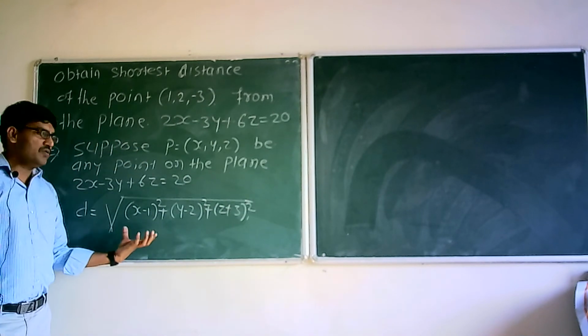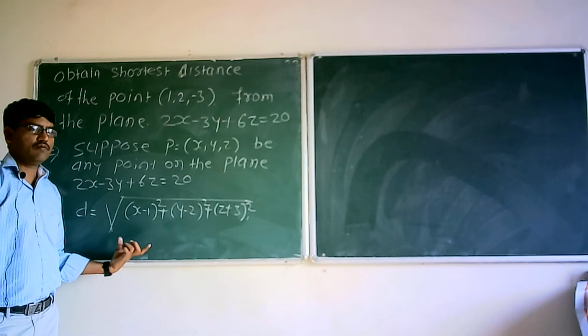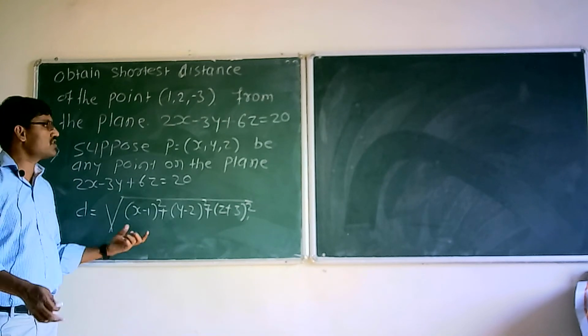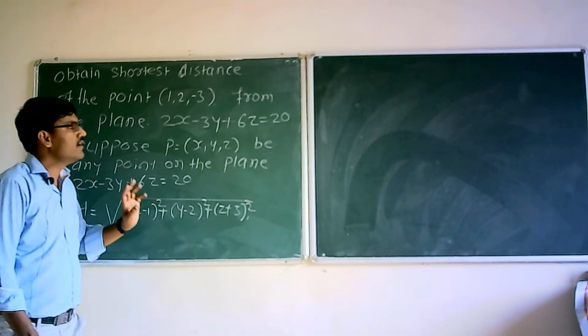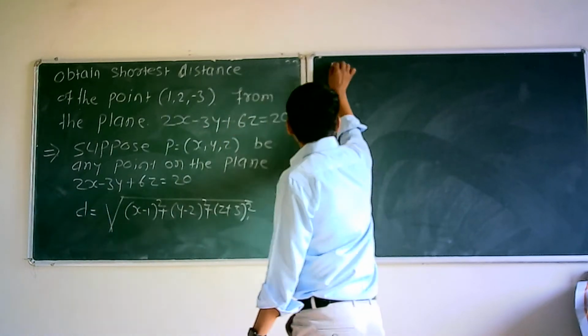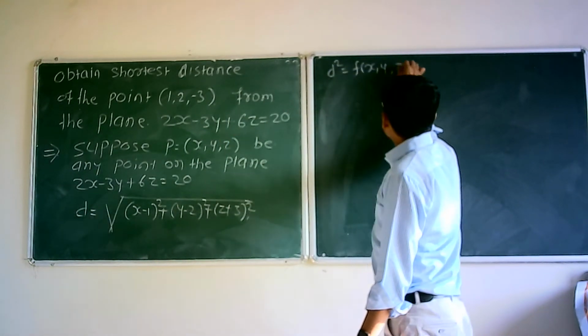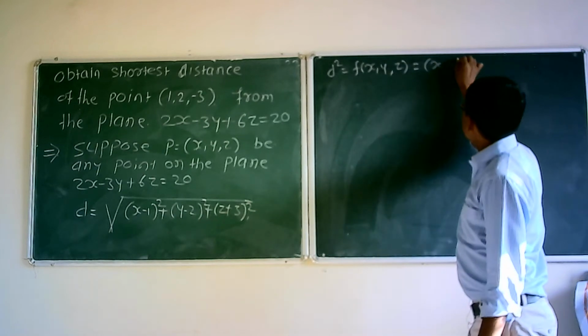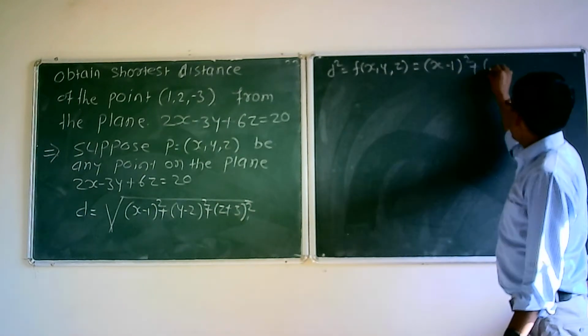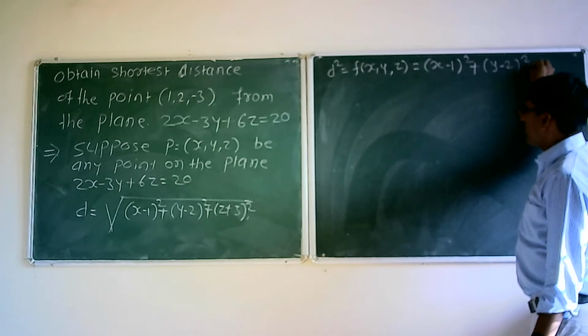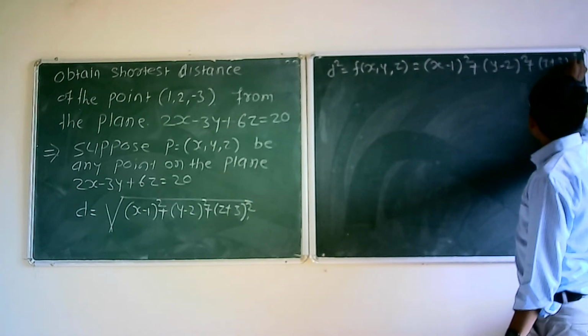So we want to minimize this function. Okay, so we will get the perpendicular distance from this point to this plane. So I am writing here d square, which is our f of x, y, z, is equal to x minus 1 bracket square plus y minus 2 bracket square plus z plus 3 bracket square,